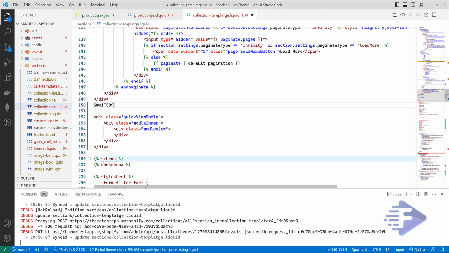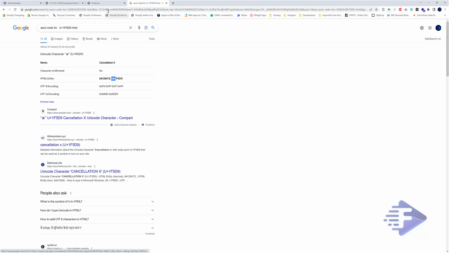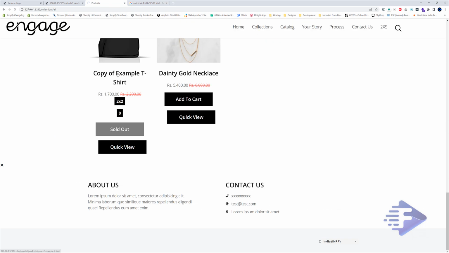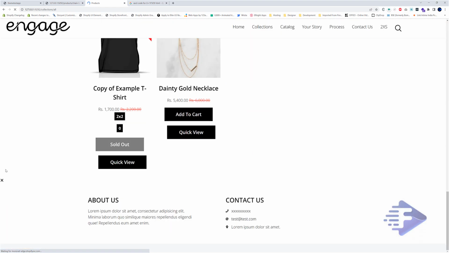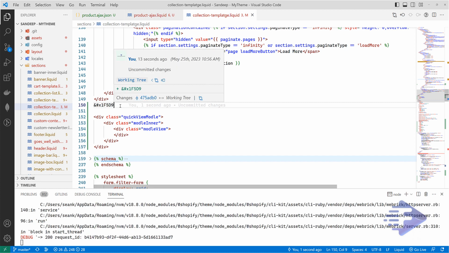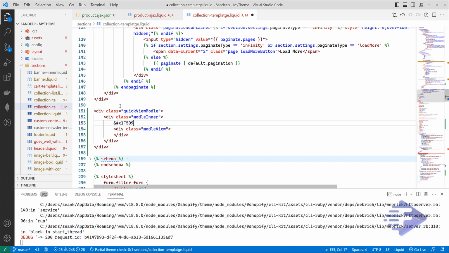Let's print this one outside first. Yeah, we got a cross button, cross icon, and for this one let's say close model or model close.